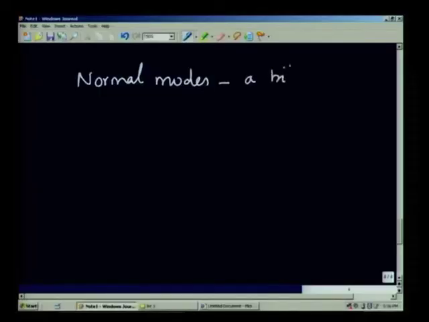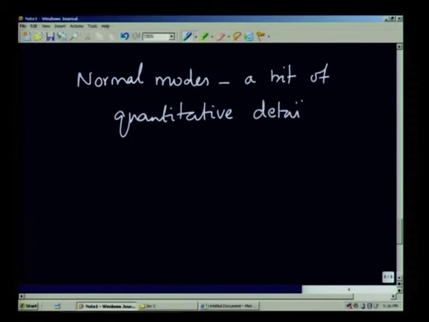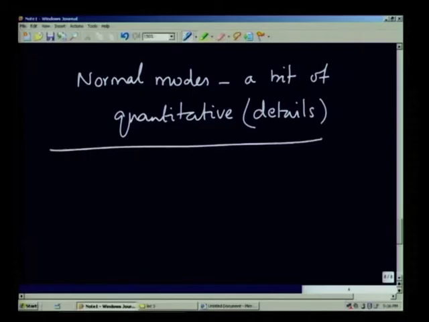A bit of quantitative consideration. I will not derive it, but let me explain what it means. Recall that a polyatomic molecule has n atoms, 3n coordinates,